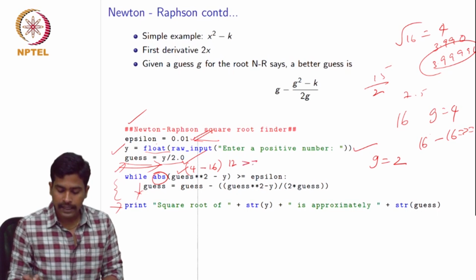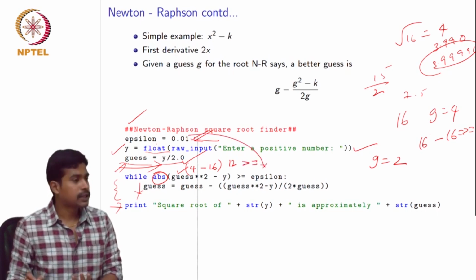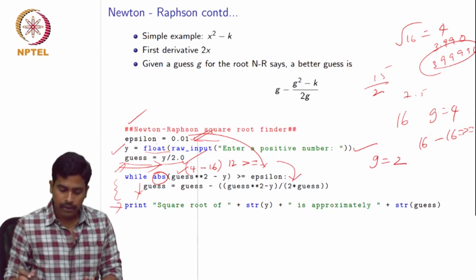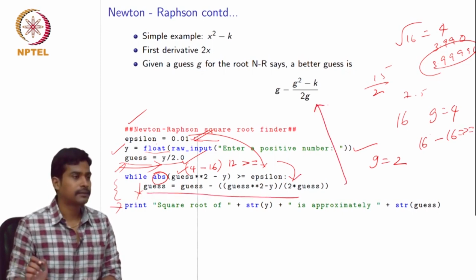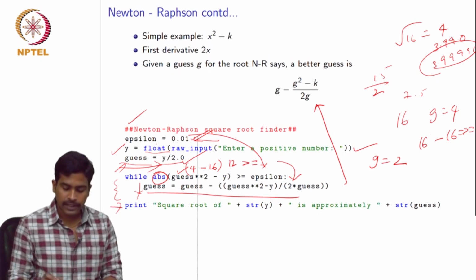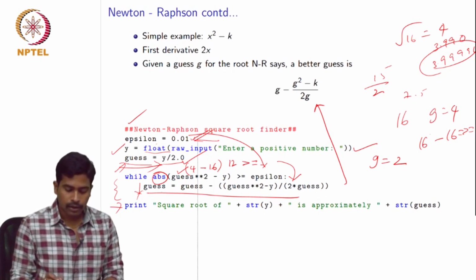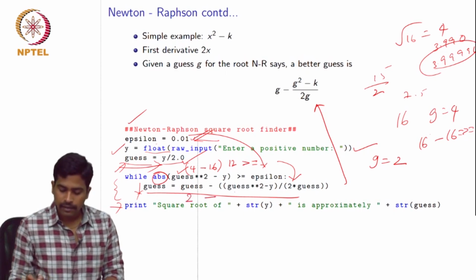So 12 is greater than or equal to your epsilon, which is true, so it goes into this while loop and your guess is updated by this equation. Okay. So your previous guess was 2, right? So now what you are doing is replacing your previous guess 2 minus guess square minus 16, which is minus 12, divided by 4, which is going to be